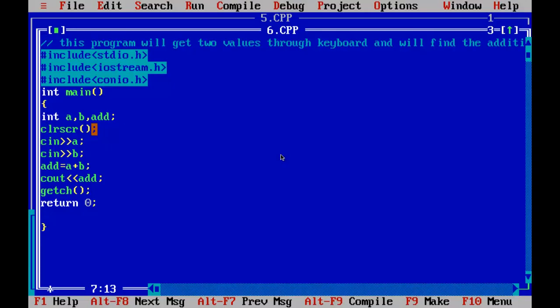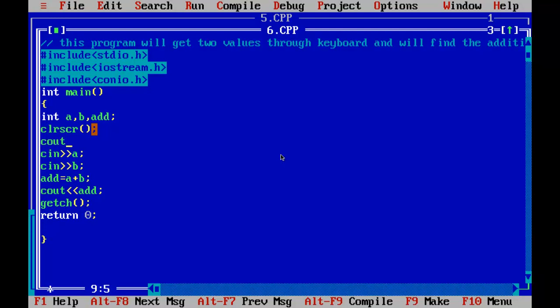Now we'll make it more meaningful, more clear. Before reading the value, we want to display a message so that the user who is running the program must know when the display comes, and some meaningful message should be there, so that he must understand what to do.